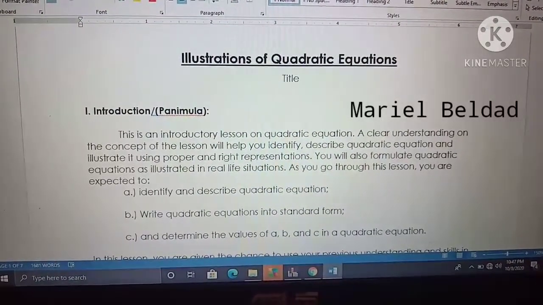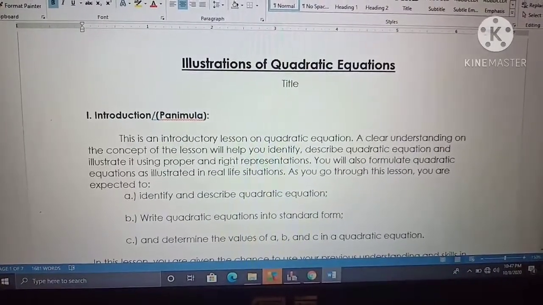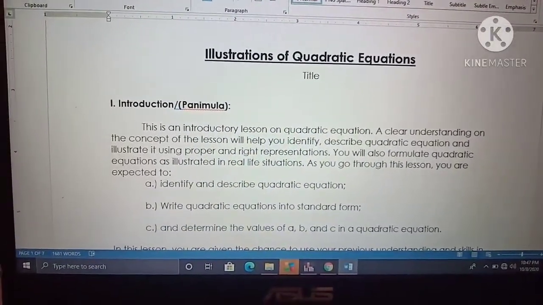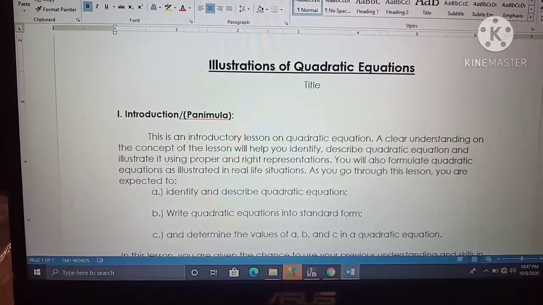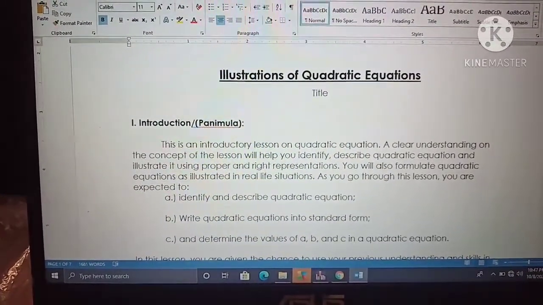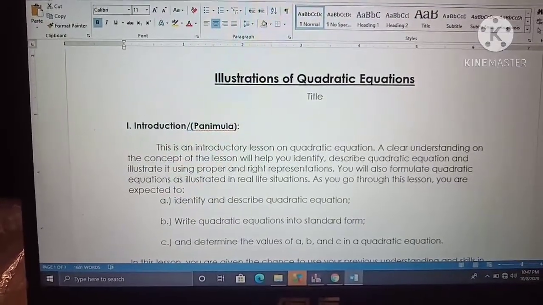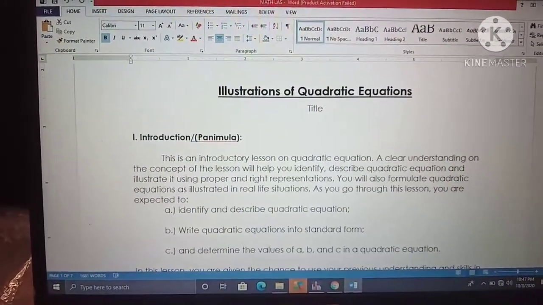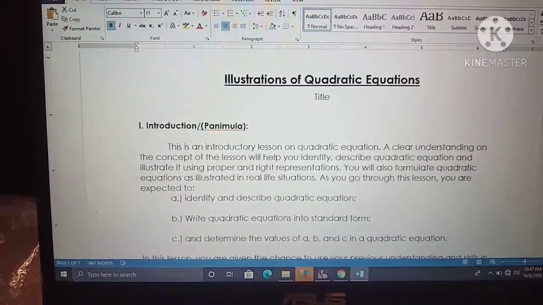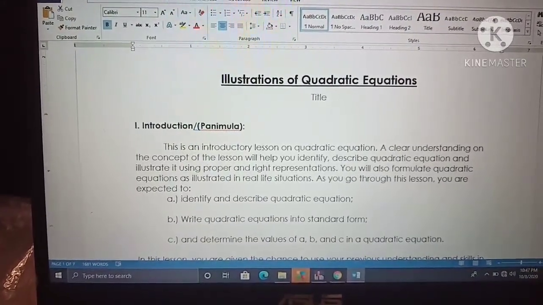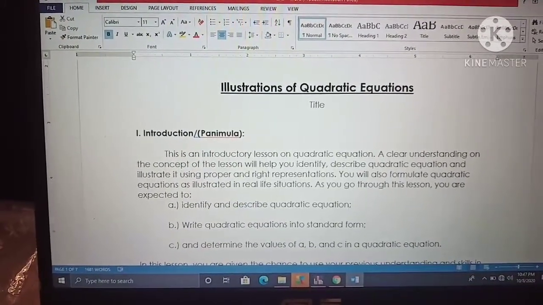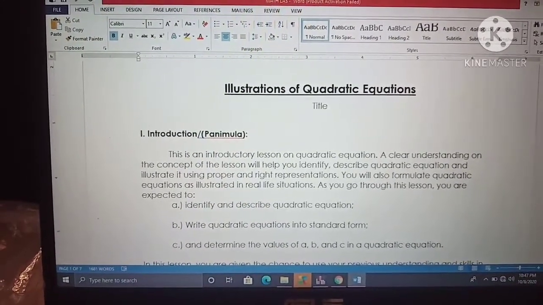Our lesson for today is all about Module 1 of Math 9, which is the illustration of quadratic equation. So this is the introduction of quadratic equation. In this lesson, a clear understanding of the concept will help you identify, describe quadratic equation, and illustrate it using